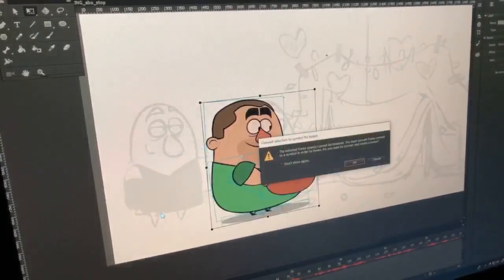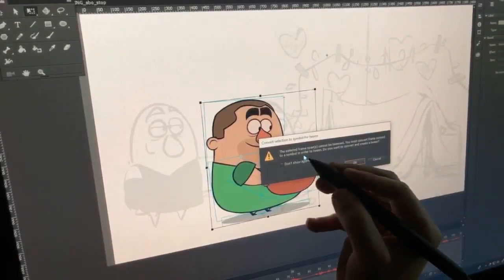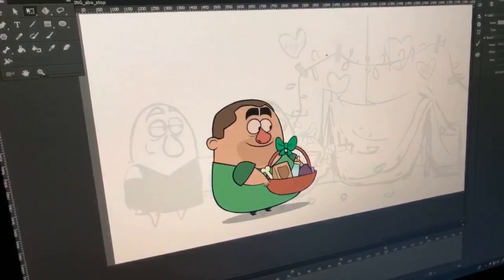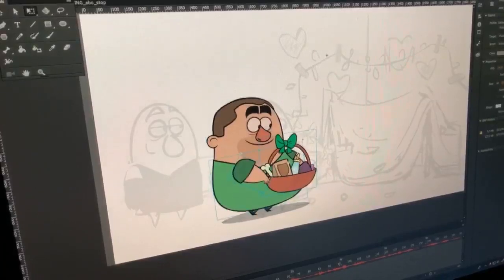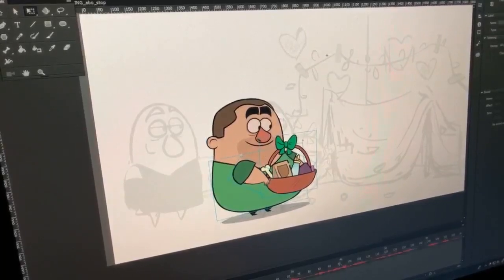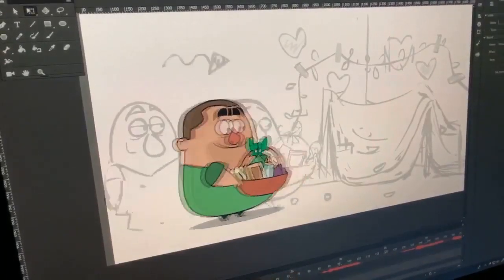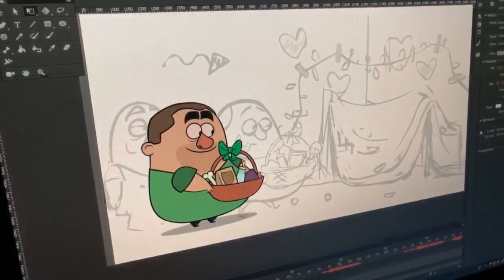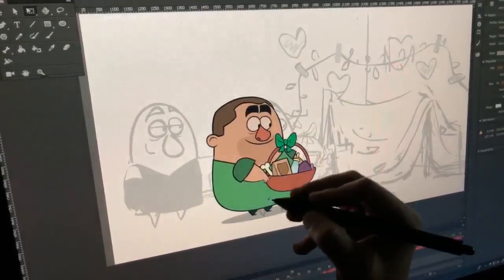Create a classic tween. The selected frame span cannot be tweened. You must convert frame content to a symbol in order to tween. Oh, I think I was selecting that. Okay, the shadow can't, I didn't want to select the shadow. So now you have this little smooth action. I'm gonna tween these because out here this is all on ones. It's every single keyframe, instead of being every second keyframe. That's what it means by ones or twos.